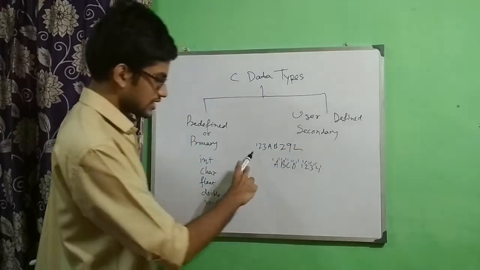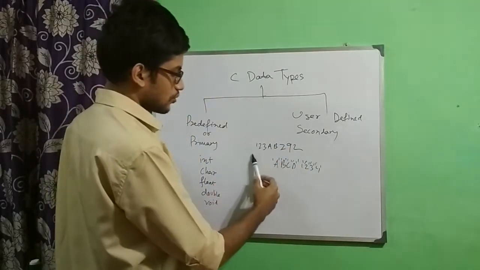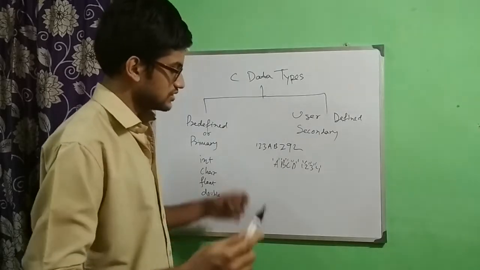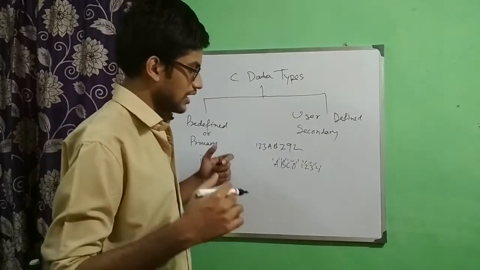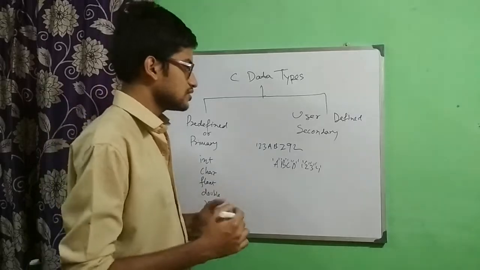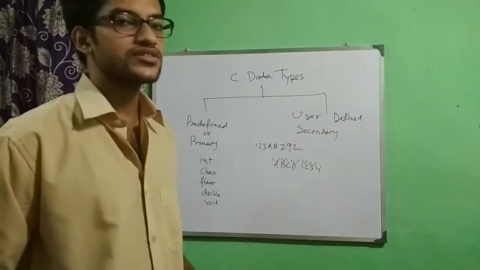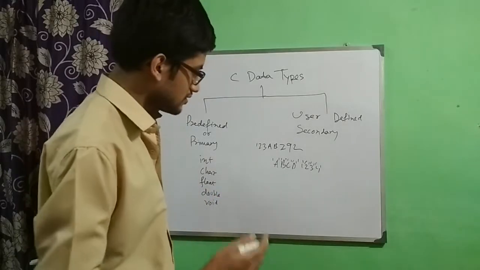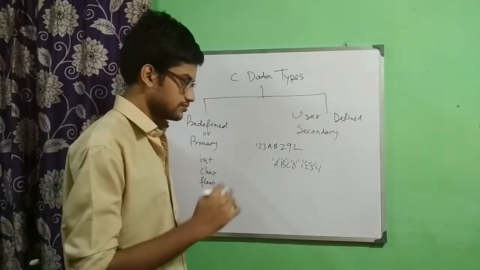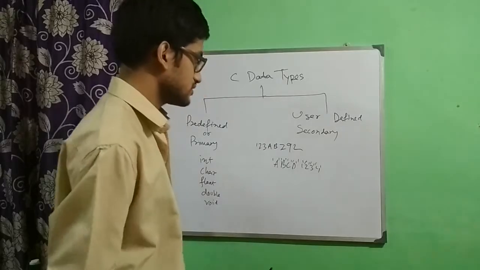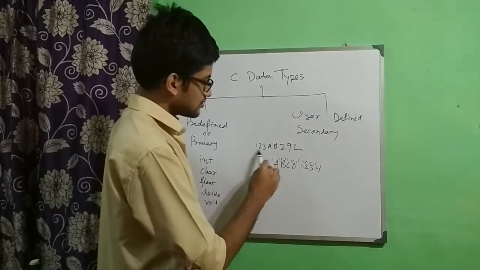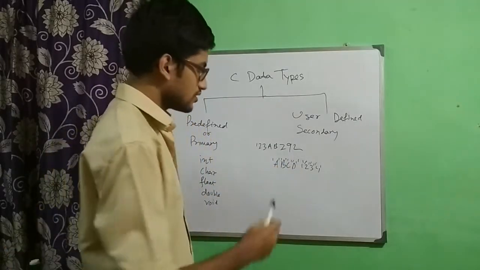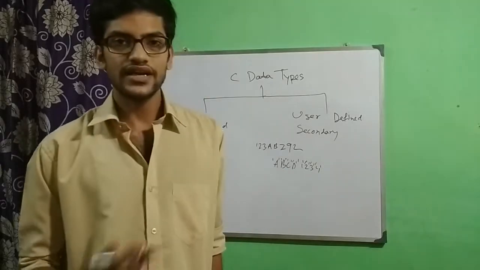So if you consider this thing, 1, 2, 3, A, B, Z, 9, 2, these are all joined together, all sitting together. So there is no gap or space. There could be spaces also, but for now let's think that we do not have any space. So this is actually a string, because string means the collection of characters.